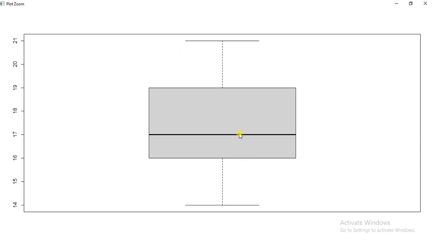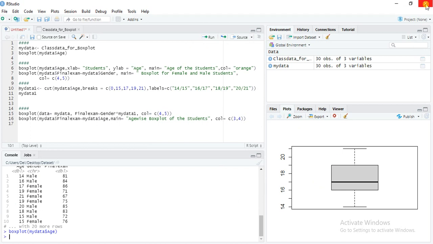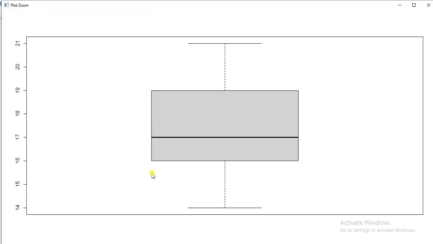This box plot tells us the distribution of data. Is it clear? Here we can see the age of the students: the minimum age of a student is 14 years and the maximum age is 21 years.